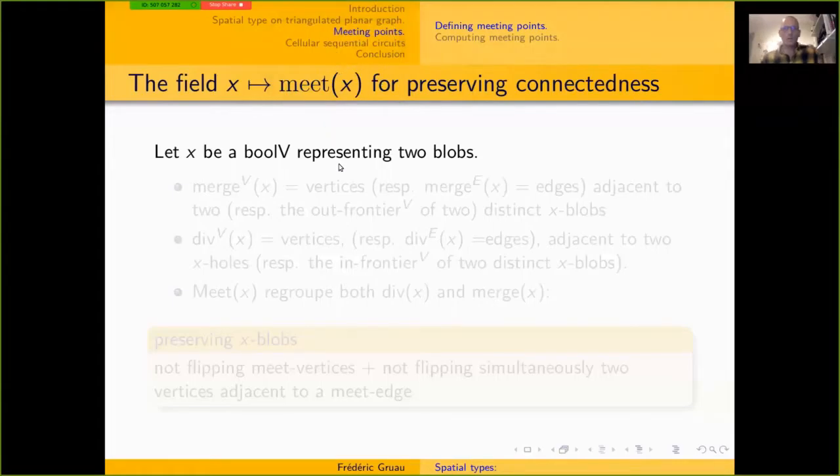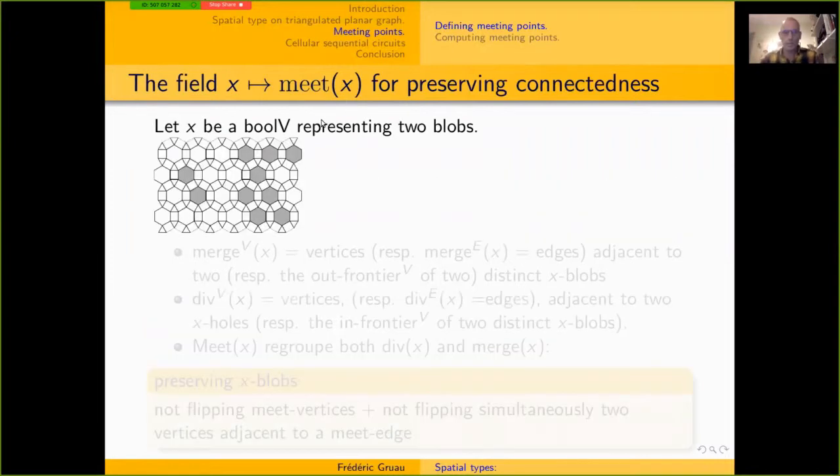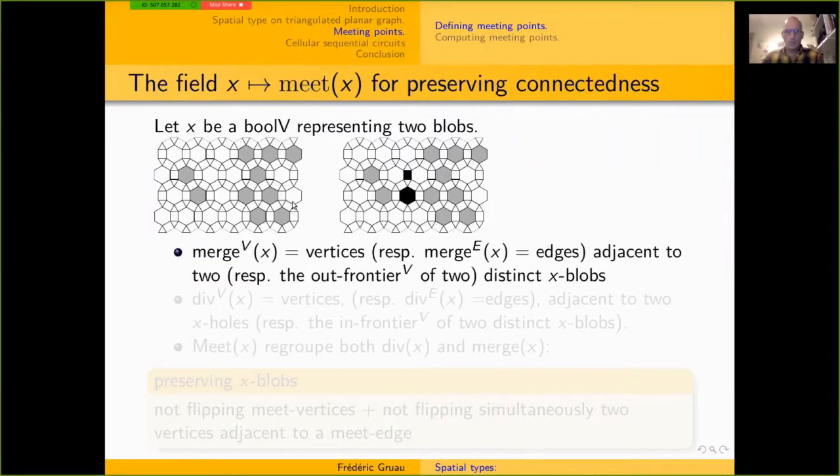So we are now going to see how to compute a non-trivial field called meet of X, or meeting of X. Consider a bool V representing 2 blobs here. The merged vertices are the vertices which are adjacent to 2 distinct blobs, and the merged edges are the edges adjacent to the out frontier of two distinct blobs. The same